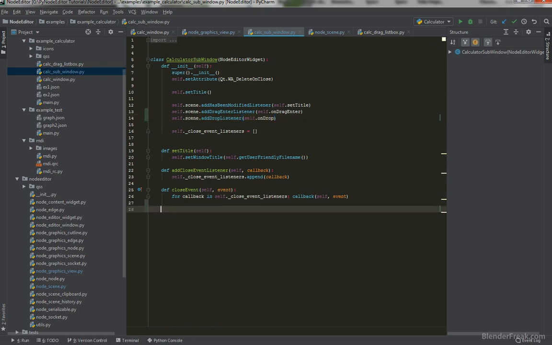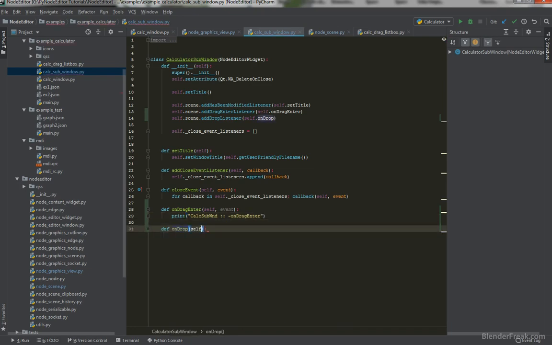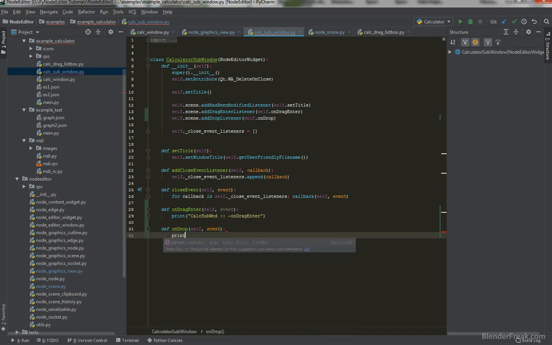And here we can create these two functions. So define onDragEnter, we are passing event here, and for now we can just print calculator sub window, and we called onDragEnter. And the same thing for the drop. So define onDrop, self and event, and print calculator sub window onDrop,